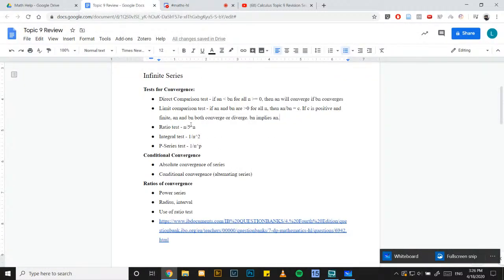Okay, so the limit comparison test is the next one, which is trying to compare to another comparison sequence, which also seems to work. So this is the definition. The limit as n approaches infinity of some sequence an over some sequence bn is equal to